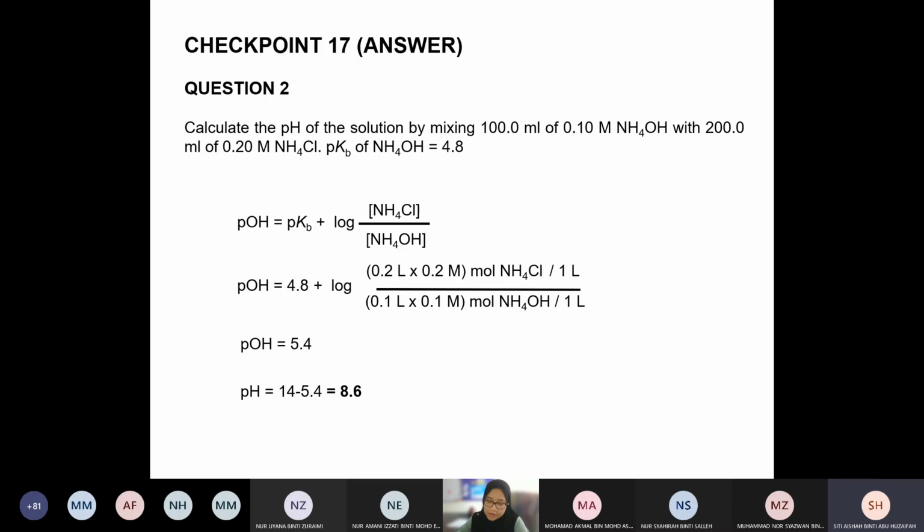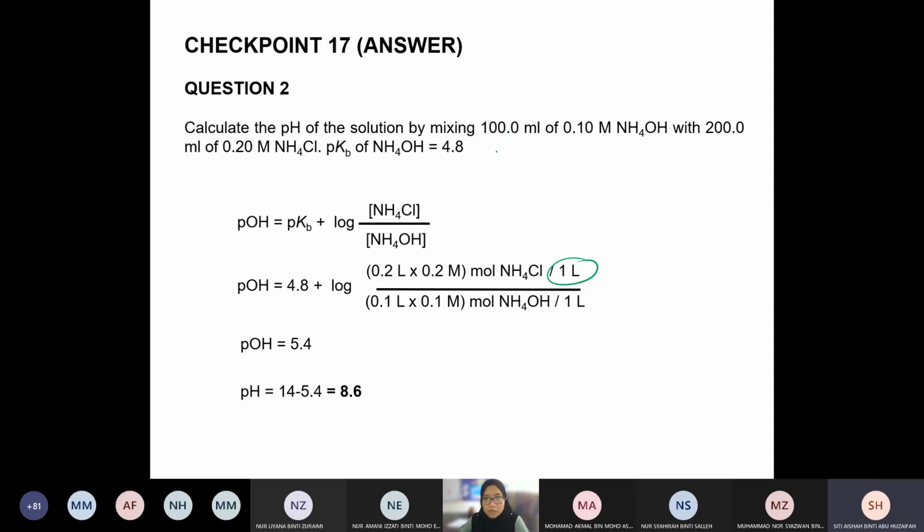If you decide to use mole, okay, then the answer should be the same lah, 8.6. Tapi nak try. Okay, boleh nak practice guna mole pun boleh juga. Cuma kat sini you akan lain lah. You tak adalah nak kena divide in 1 liter. Okay, cuma please guys alert that you have to consider